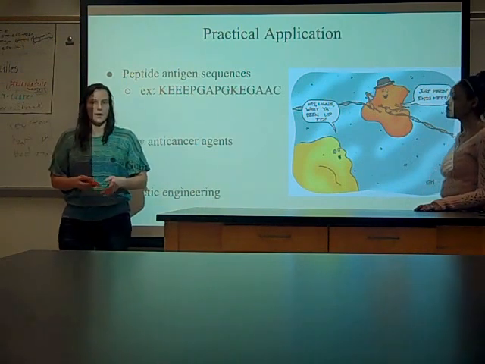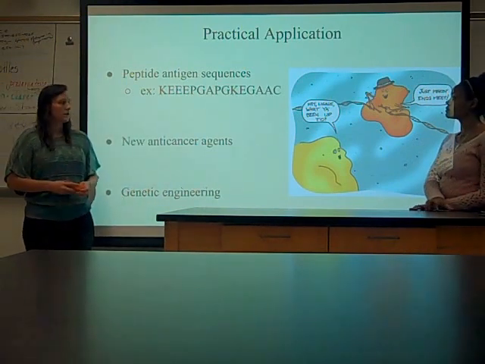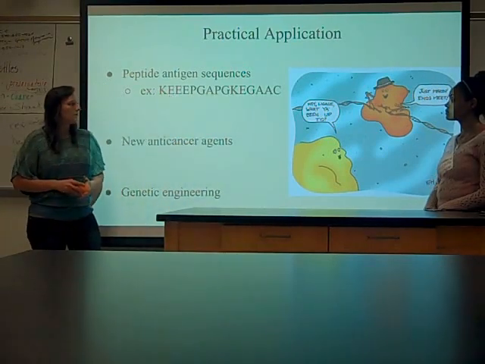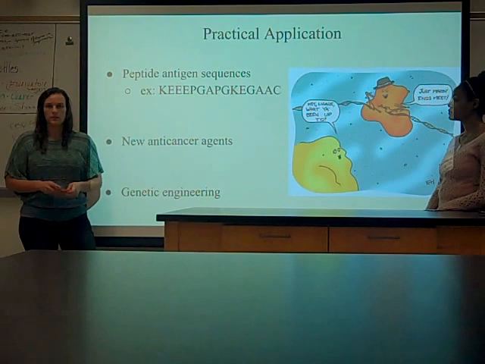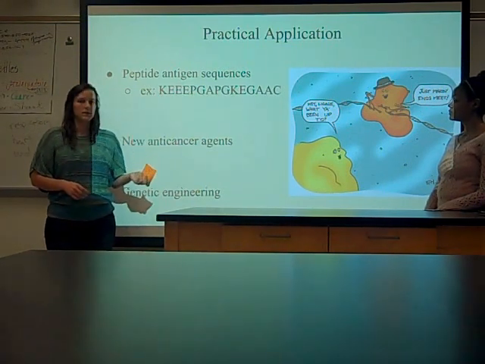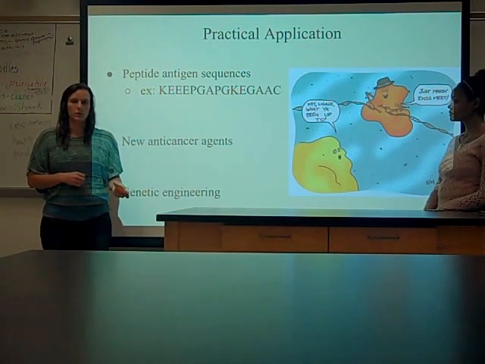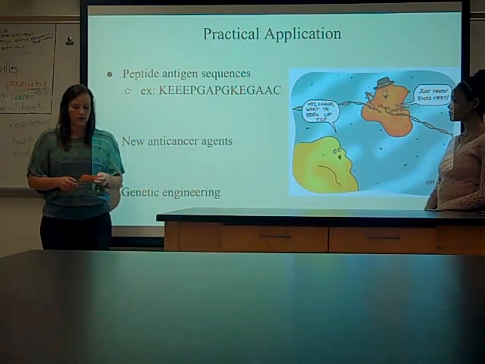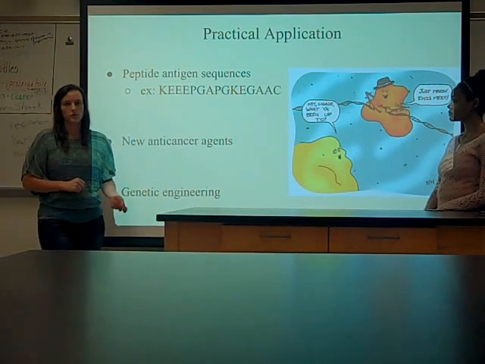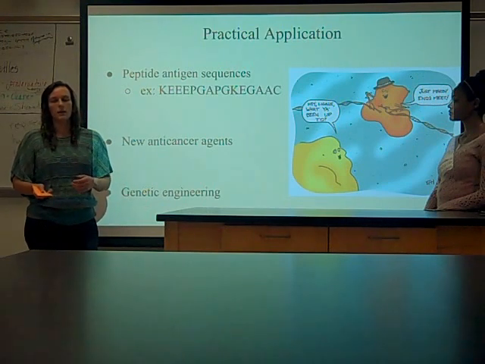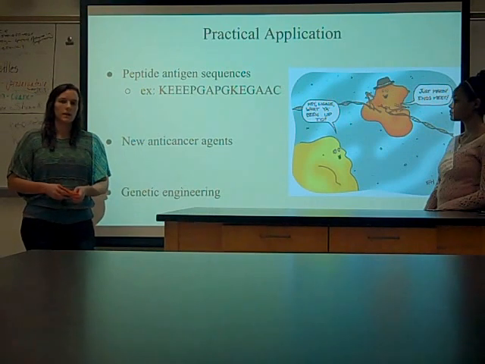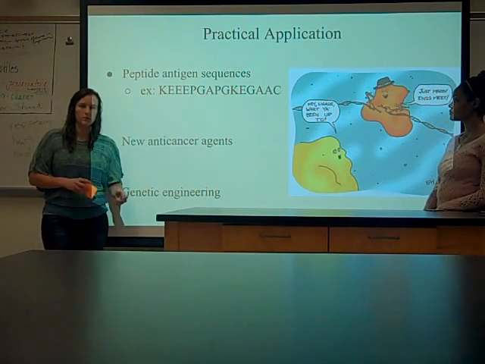So we have a couple practical applications, and the first is peptide antigen sequences. And here's one of 15 amino acids for DNA ligase, and 4 of them are negatively charged, 2 of them are positively charged, and this makes the isoelectric point about 4. And ideally, you want this sequence to correspond to a region that's exposed when the enzyme is in its native conformation. So hydrophobicity is one thing that's pretty important with this, because if you have a hydrophilic sequence, then that's more likely to correspond to one of these exposed regions. But if it's hydrophobic, that's more likely to correspond to one of the more internal regions,